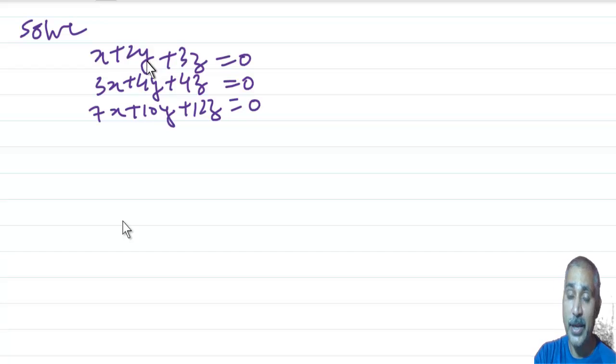Sometimes you may get a question where they have taken the right side terms to the left side, making the right side 0. So make sure you confirm whether it is homogeneous or non-homogeneous. If constant terms are taken to the left side, then you have to take the constant term, which is free from the variables x, y, z, to the right side, so that all the terms on the left side are with variables. If you are getting this format where all the right side terms are 0, then we say this is a homogeneous system of equations.